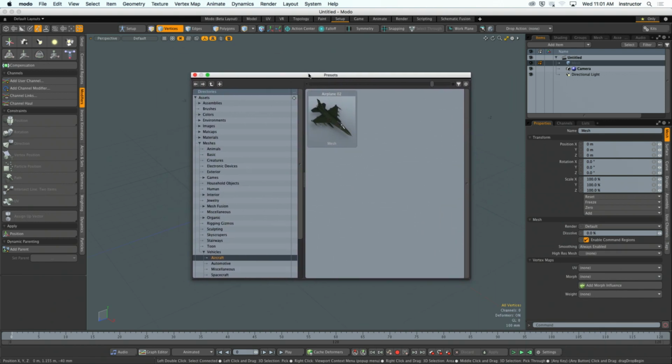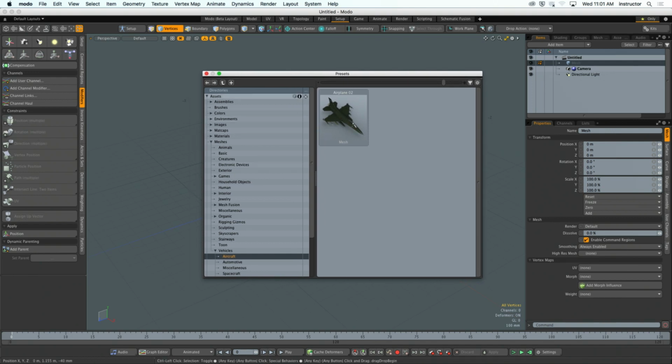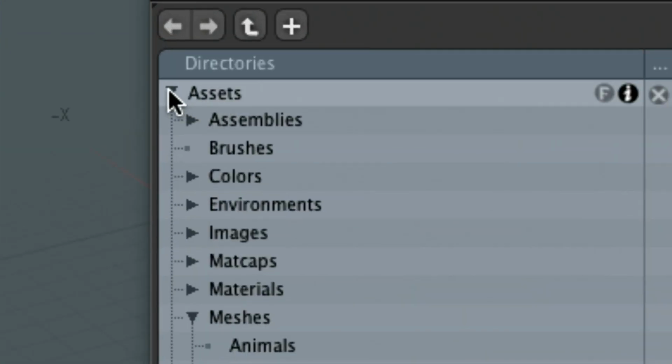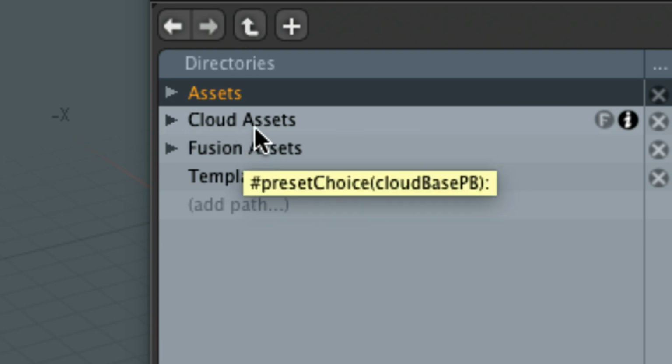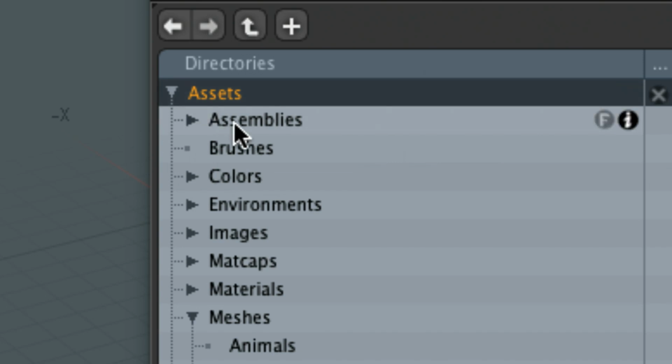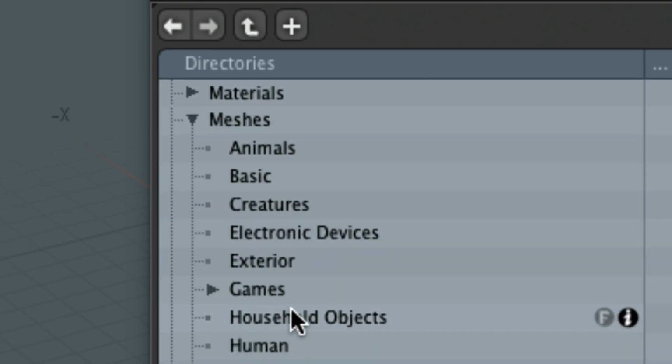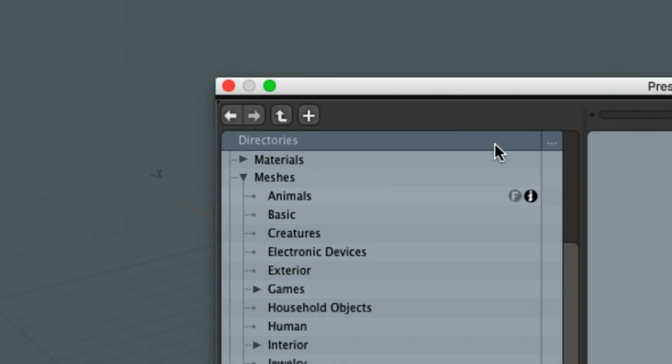Now, working with the preset library is pretty easy. However, it's just a gigantic folder system. So we have a folder on this computer called Assets. And please note that I'm going into the Assets folder, not Cloud Assets. This is the folder stored in the internet, okay, which we can download from, but this is the fastest way to do it. The Assets folder, the meshes, and then where I'm going to go,